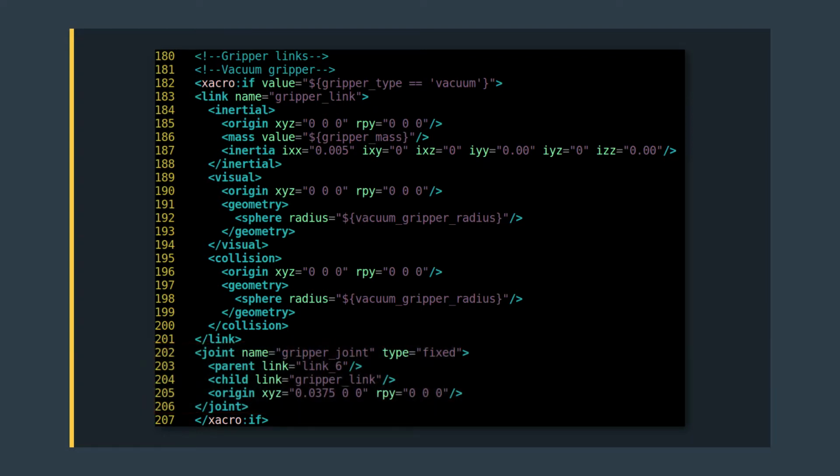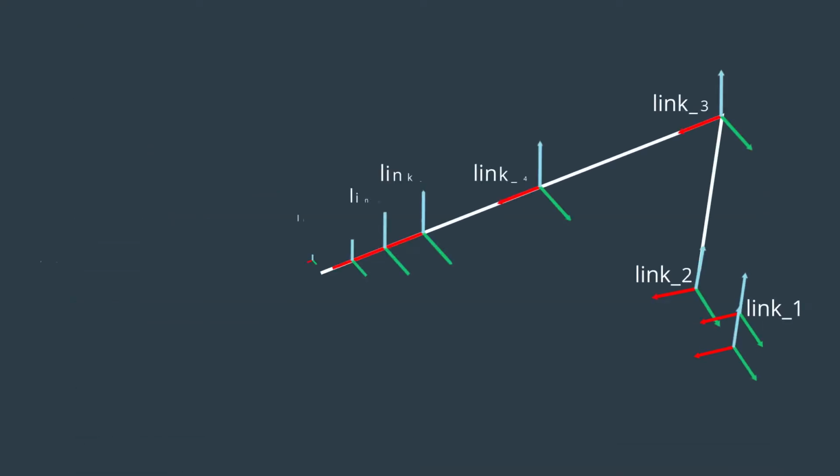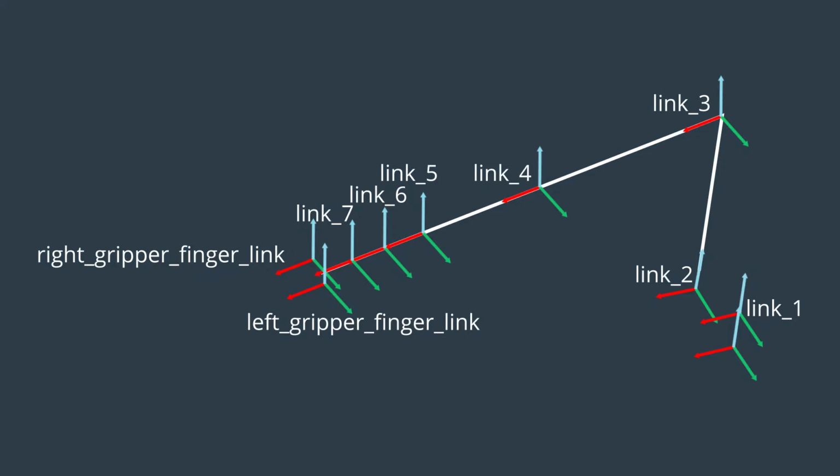link 6. Now pay close attention to what I'm about to tell you. The thing you must recognize is that, in most cases, the joint origins in the URDF file are not consistent with the frame origins created in accordance with the DH parameter convention, nor do they have the same orientation. Unfortunately, you can't directly display joint reference frames in RViz. If you turn the robot model off, the reference frames you are able to see are actually the link reference